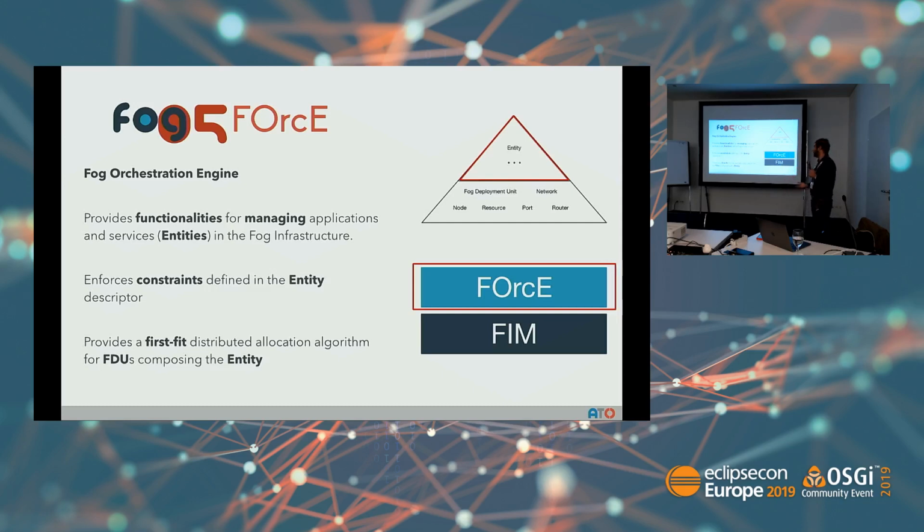So in the case, for instance, if you think about microservice architecture, it can be a container running some sort of service. And also this layer should provide all the enforcement on the constraints that you define in the entity, the enforcement on the life cycle. So if I need two replicas of the same FDU, it has to provide all this sort of stuff. As I said, this part is not yet there. We are in the design phase of this, so any feedback is welcome. And also, it will provide a first fit allocation algorithm, and should be distributed, because as I said, everything for us has to be distributed, so we want also the algorithm for the allocation to be distributed.